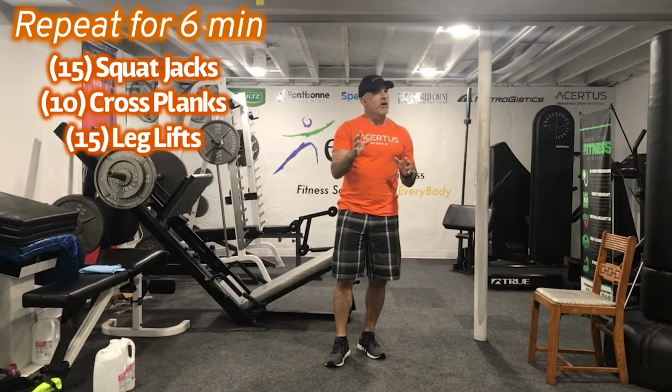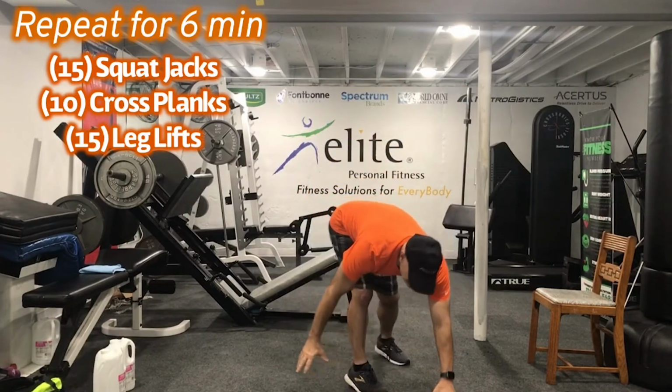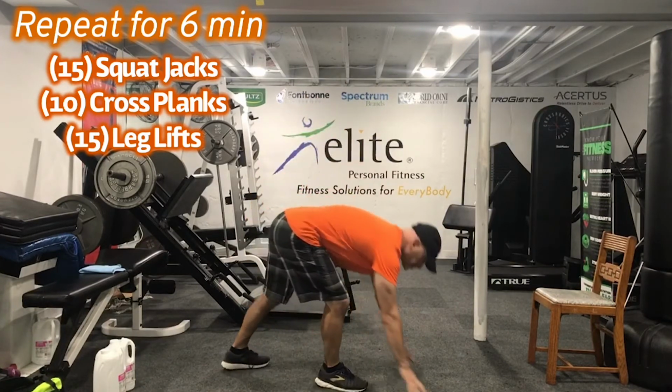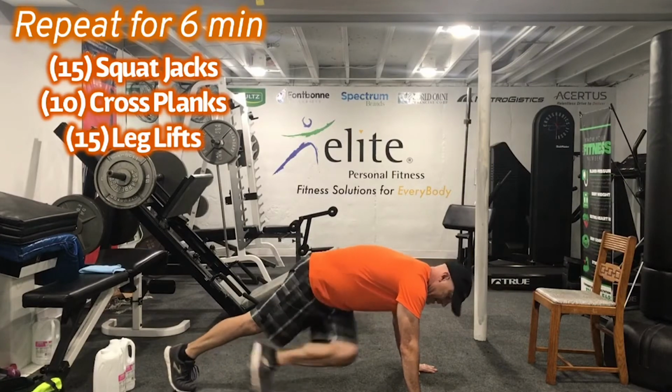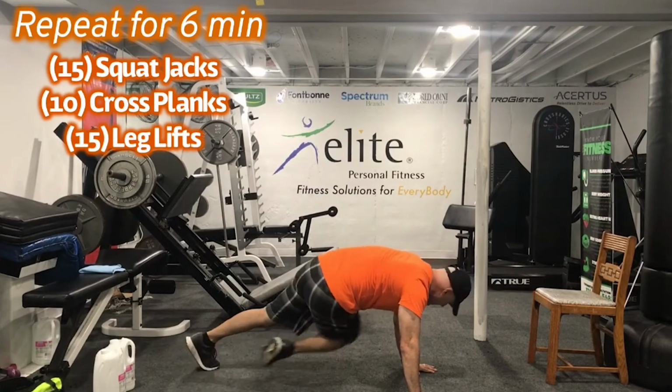These you can do a couple ways, okay? You can go on the floor and just hold yourself up, and I would say that for most people, this will work pretty well. We're here, and I'm in an up plank, and I'm just bringing the knee across the body, and across, and that's 1, then across 2. So we're gonna get 10